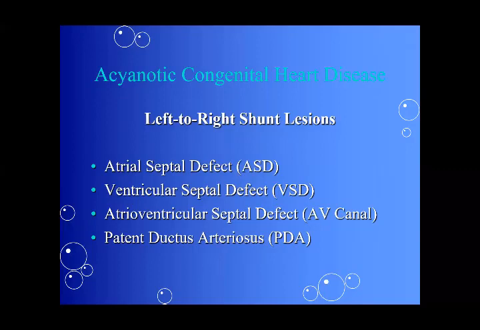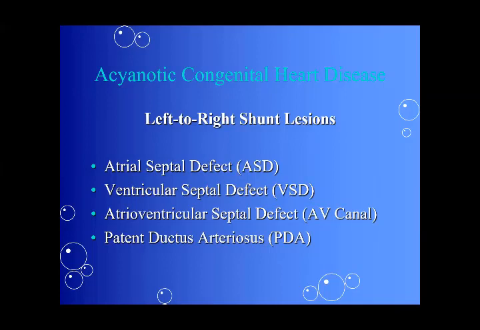First of all, you should know what acyanosis is. Acyanosis means the patient is not having cyanosis. Cyanosis is a clinical condition called bluish discoloration of the skin and the sclera, and it basically occurs due to an increased amount of deoxygenated hemoglobin in the body. So acyanosis is when the patient has a heart disease, but the oxygen saturation is normal and he or she is not having cyanosis.